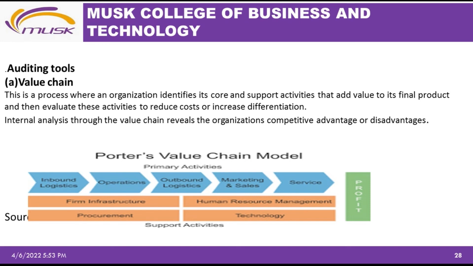Then marketing and sales: how are we doing in terms of the sales, in terms of the service? And then we see a diagram on the area that is in red, a firm's infrastructure. Do we have the right infrastructure? It can be technology, it can be communication skills. I have recently seen, for example, here in Kenya, we have different mobile service providers. We have Safaricom, we have Airtel. Now, Safaricom has become like a market leader, and they have their infrastructure in place.